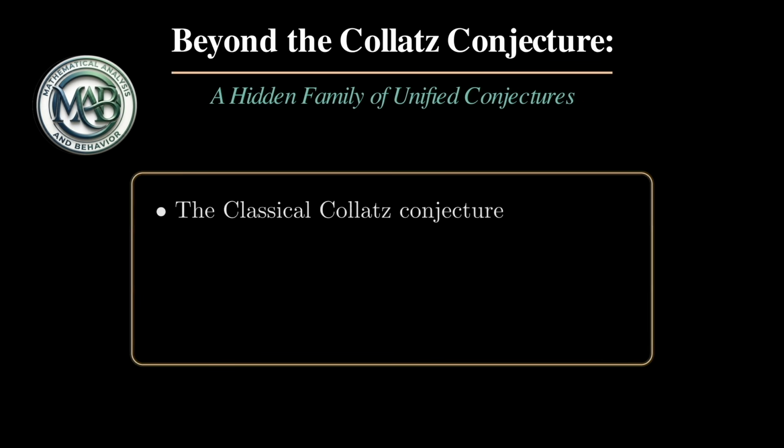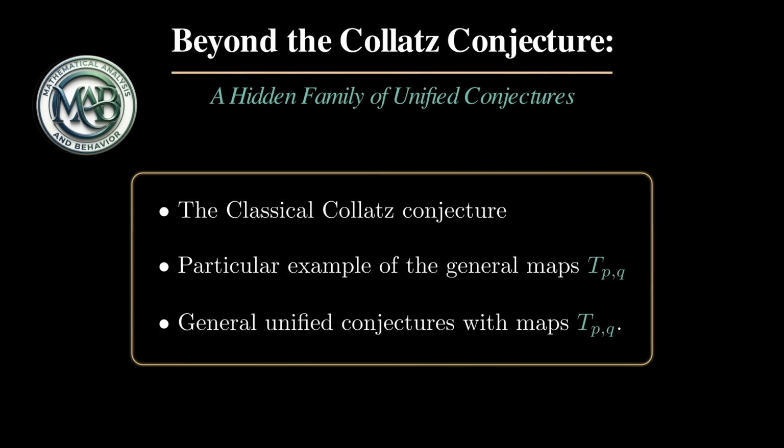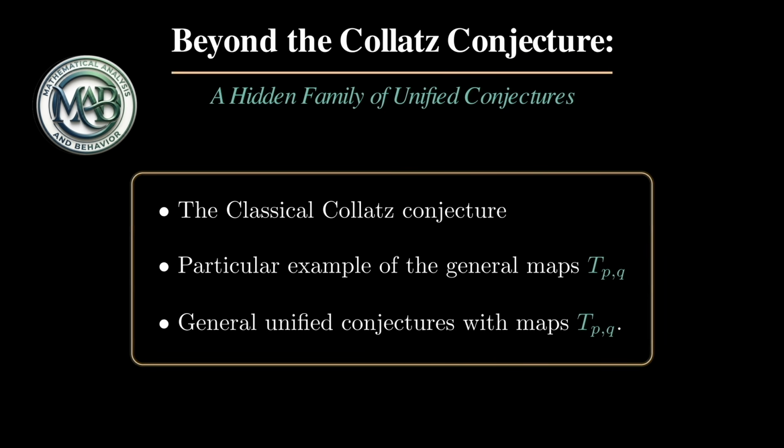This presentation is divided into three parts. First, I will briefly recall the classical Collatz conjecture. If you would like more background on the original problem, there are already plenty of excellent YouTube videos that explain it perfectly. Next, we go through a particularly interesting example of this extension conjecture. As we will see, it's a very interesting alternative to the classical Collatz conjecture, as a process modulo 10, while the classical Collatz conjecture may be seen as a process modulo 2. Finally, I will examine with you, in detail, the general, extended and unified conjecture introduced by Bouhamadi.